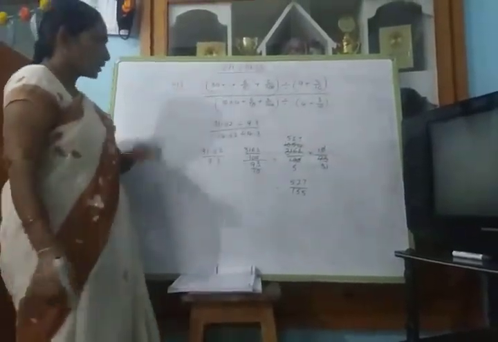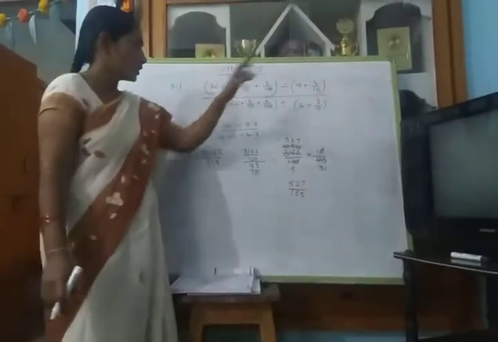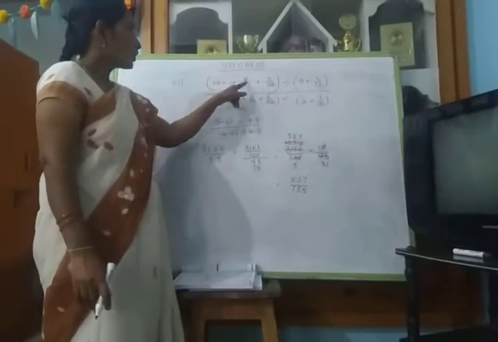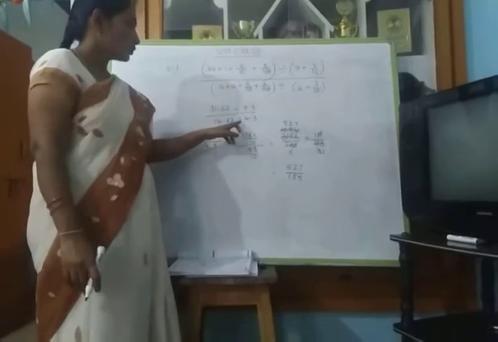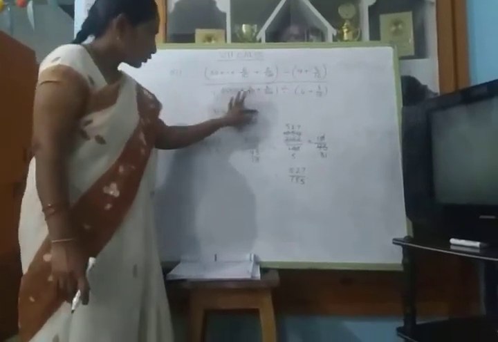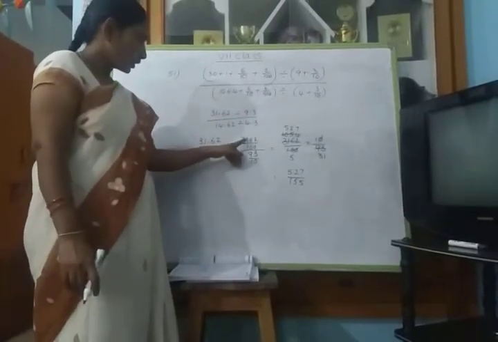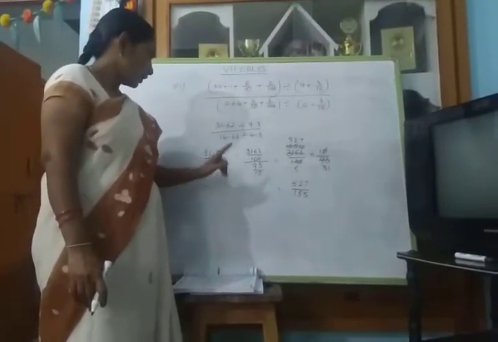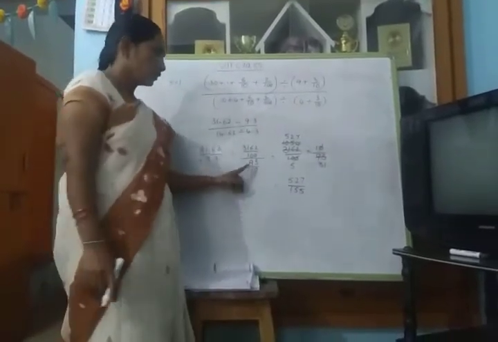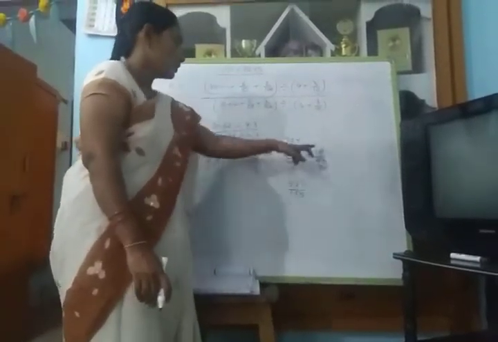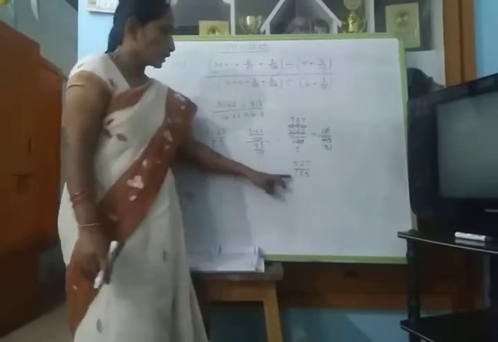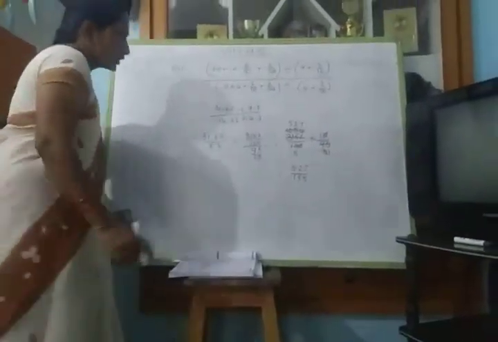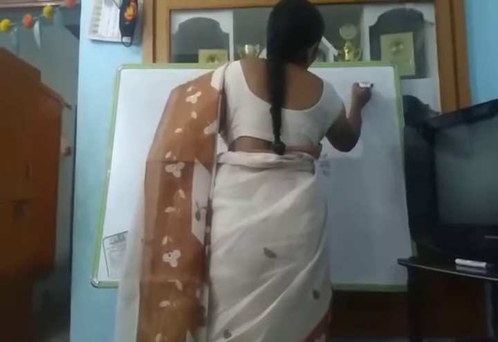Next you simplify the denominator also. Observe here, first I simplified the numerator: 31.62 divided by 9.3, and 14.62 divided by 4.3. 31.62 you can write as 3162 by 100, and 9.3 is 93 by 10. If you take the reciprocal, 10 by 93, and simplify, the 0 cancels. With the 3 table first, after that the 2 table, so we get this answer. So the numerator is 527 by 155.